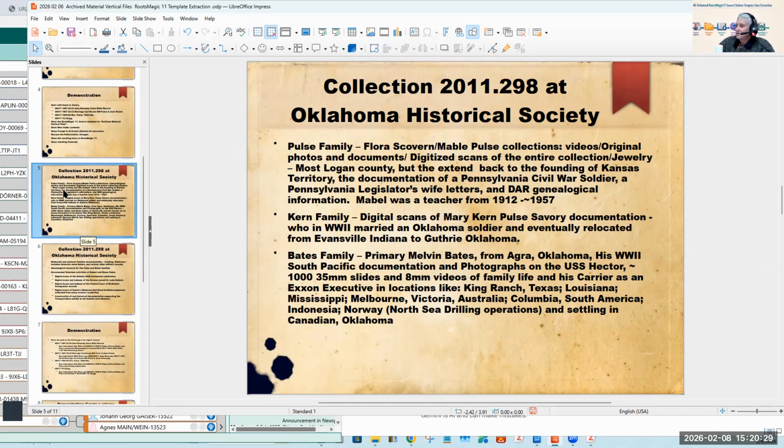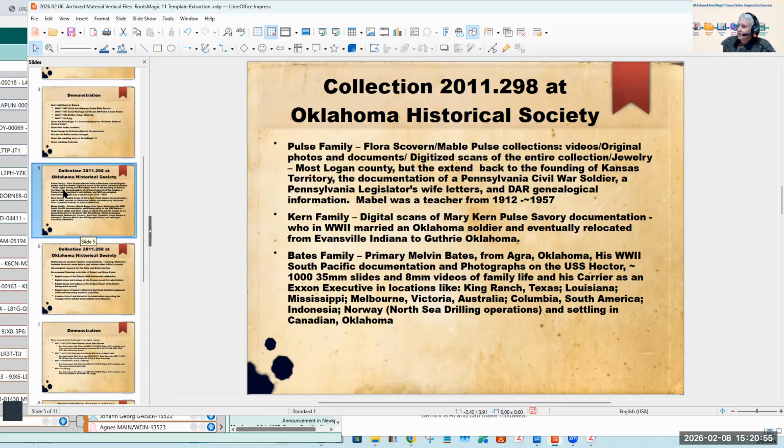This is digital scans of Mary Kern Paltz Savory's documentation. She married a World War II soldier from Oklahoma, and eventually relocated from Evansville, Indiana, to Guthrie, Oklahoma, with many steps in between, including Midland, Texas. And anyway, it's the digital scans of her memorabilia.